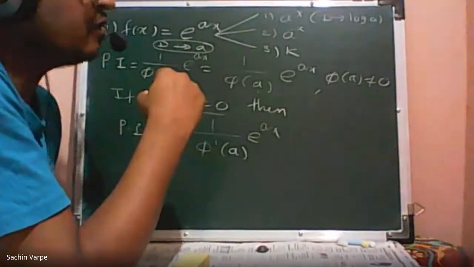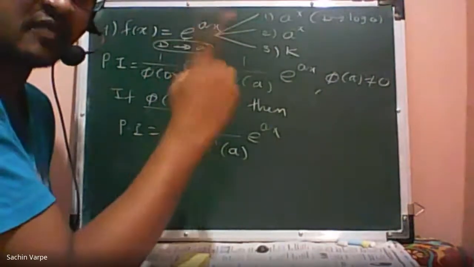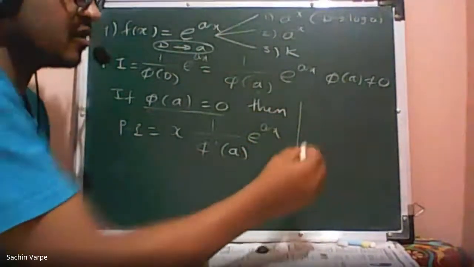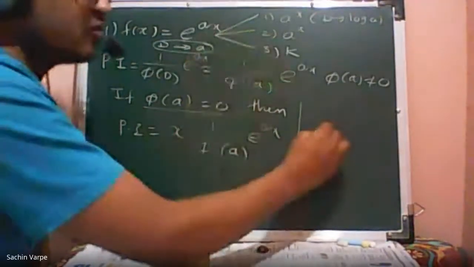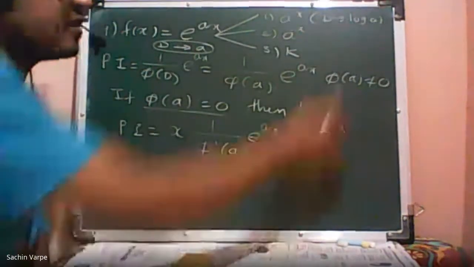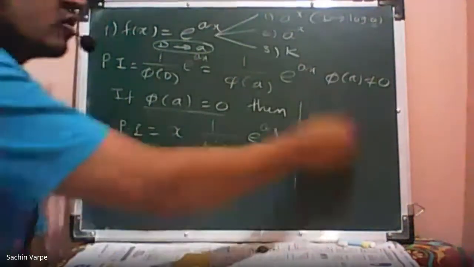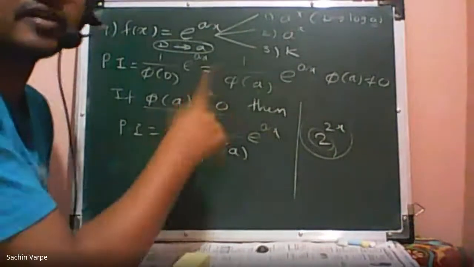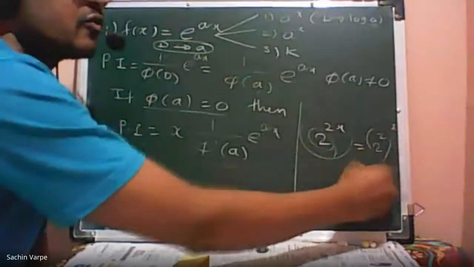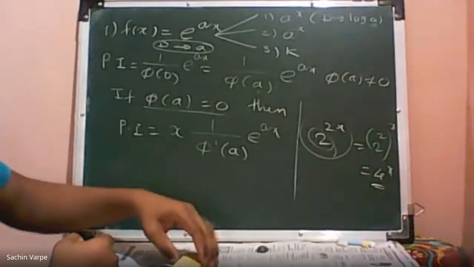It must be a raised to x. The coefficient of x must be 1. If it is not, then try to get that form first. I think I discussed the case also. In one examination, there was a question where f of x is given to be 2 raised to 2x. Most of the students considered this log a, that a is 2, and that is wrong. This is not of the form a raised to x. So we have to get that form first by writing 2 raised to 2 raised to x. That is 2 raised to 2, which is 4, so 4 raised to x. So the value of a is 4. Okay, so that is again very important.